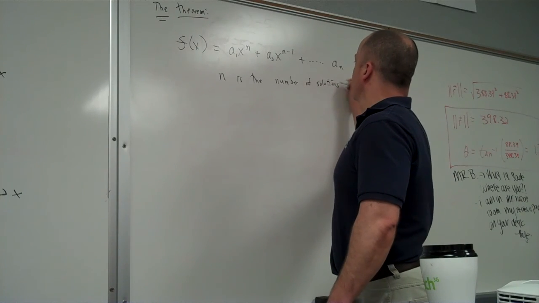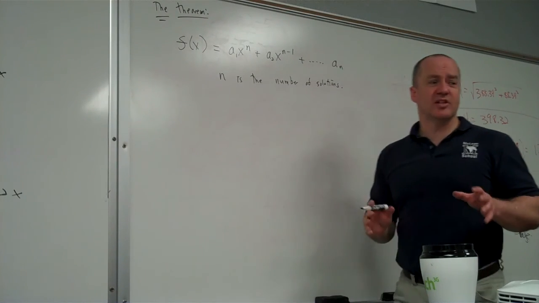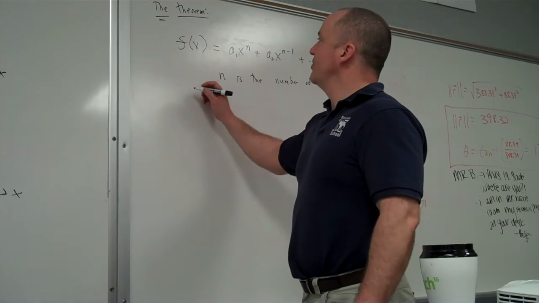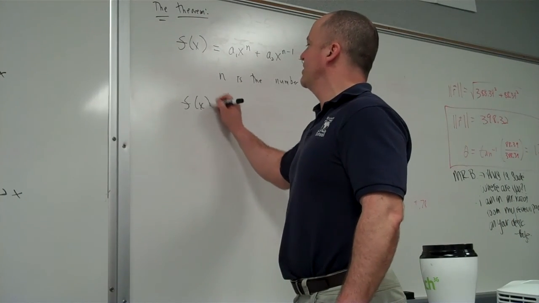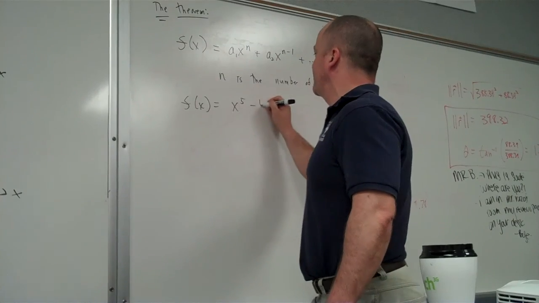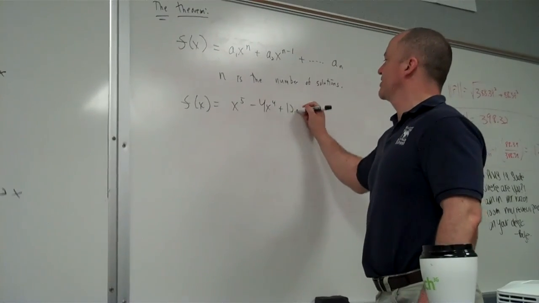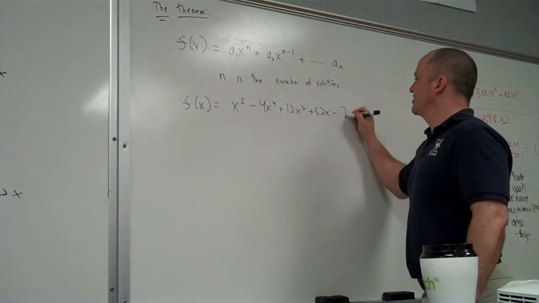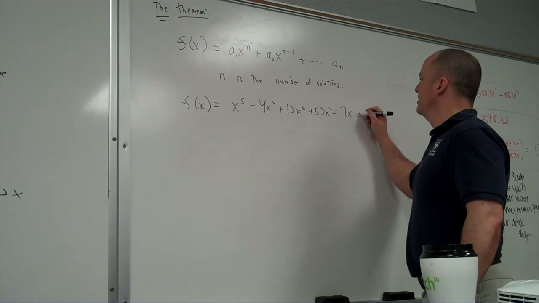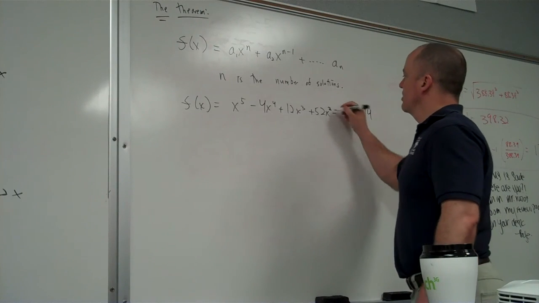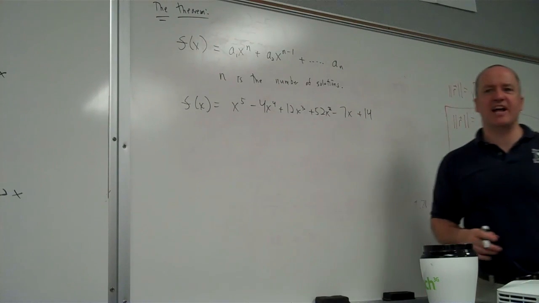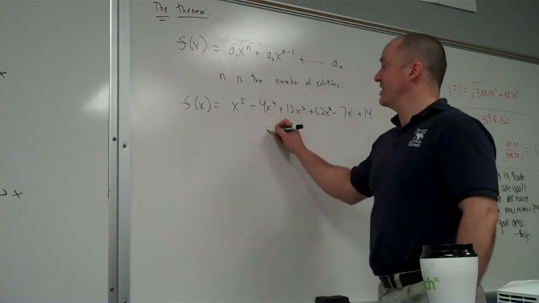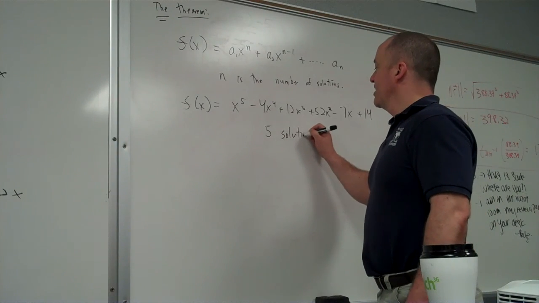What is this, like synthetic division? Now, this is like polynomials a little bit, but you get into that later. So if I have f of x equals, I'll just make one up real quick, x to the 5th minus 4x to the 4th plus 12x cubed plus 52x squared minus 7x plus 14. How many solutions does this have? 5. This automatically has 5 solutions. Now, some of those